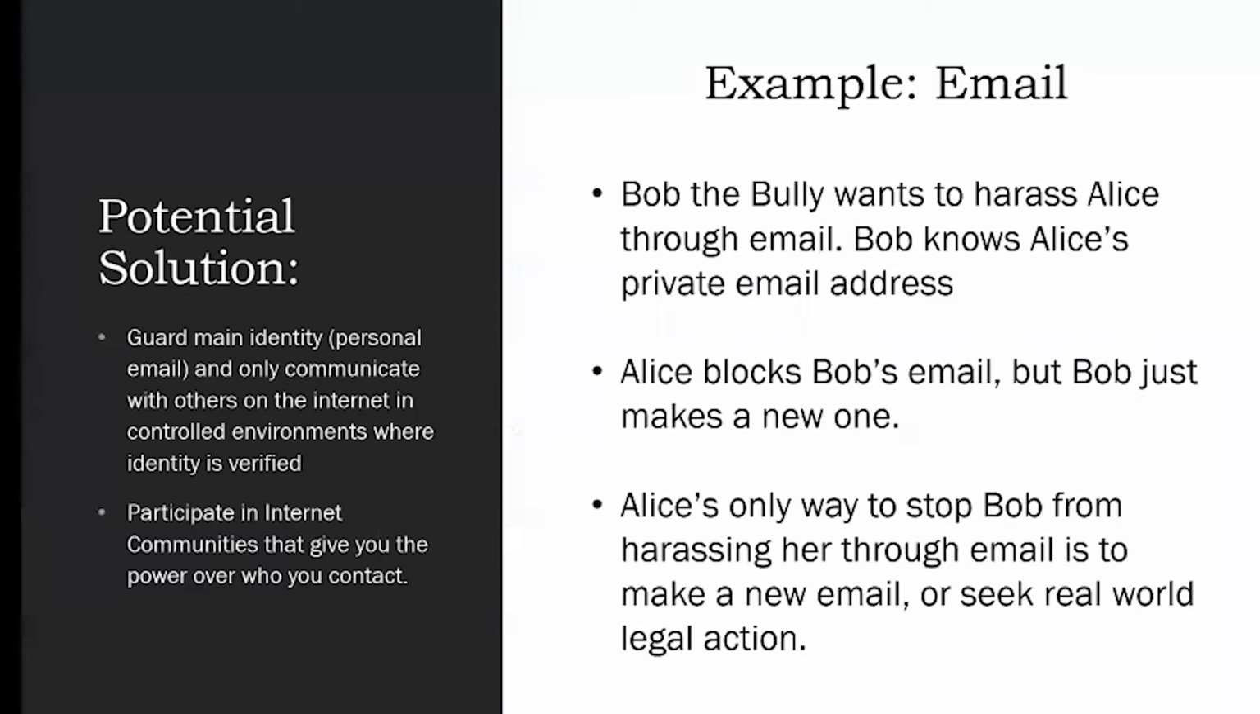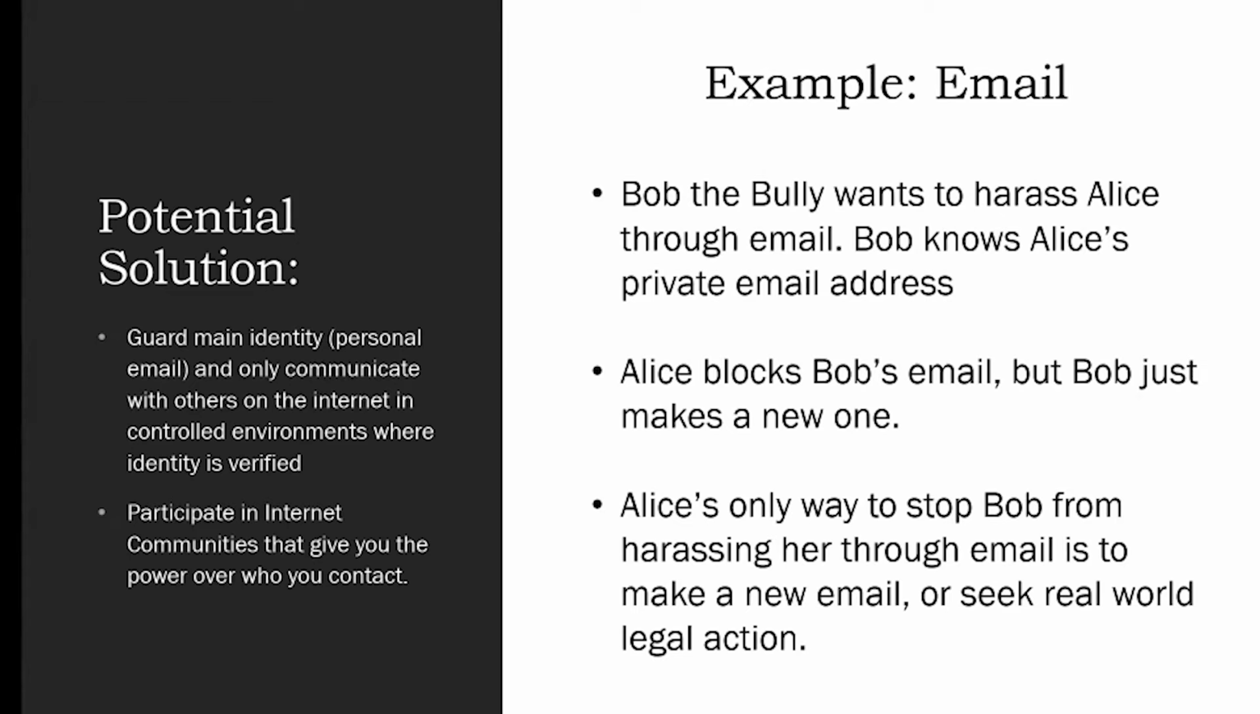So our first example we're going to talk about is with email. Bob the bully wants to harass Alice through email. Bob knows Alice's private email address. Everyone gives out their email addresses. They're posted all over the place. So if Bob uses his first email, let's say bob@gmail.com for sake of simplicity, and starts sending unwelcome emails or bullying content towards Alice,